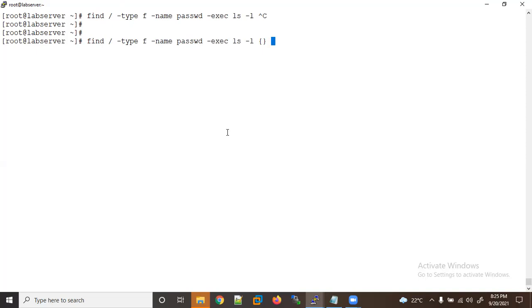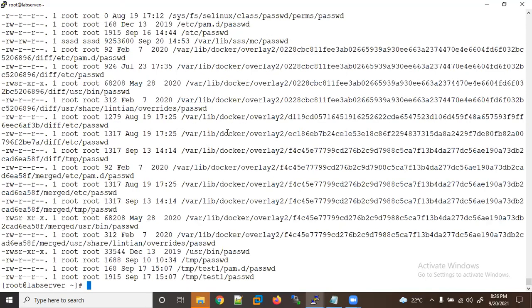Then I need a semicolon. A semicolon normally separates two commands, but right now it is part of the find command, so I need to escape it with a backslash. It means it is part of this syntax. Now let me execute it. Now you can see the results, the ls -l output.